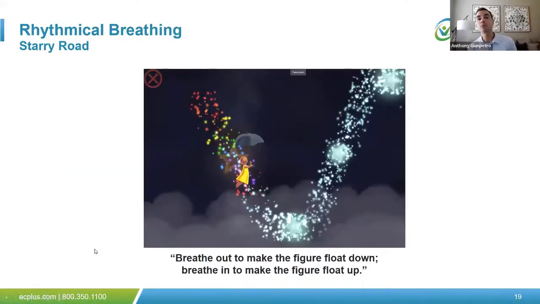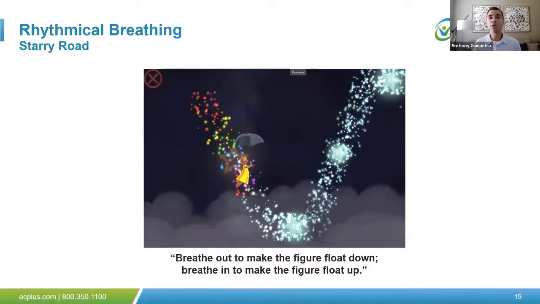Okay, so Starry Road. This is another activity that once you get comfortable with the device, you might find yourself using it all the time. Just to give you a quick for instance, of what I'm noticing is working for my own patient care and the care that I assist with others. I find like Diamond Mind or that prehistoric contest, I like picking one of those as a primer. Let's just do a quick set of 1 of 5 breaths or 2 sets of 5 breaths to kind of prep the patient, get them ready for all those reasons we alluded to earlier, and then have them do the activity I want them to do. And a really nice way to finalize your treatment